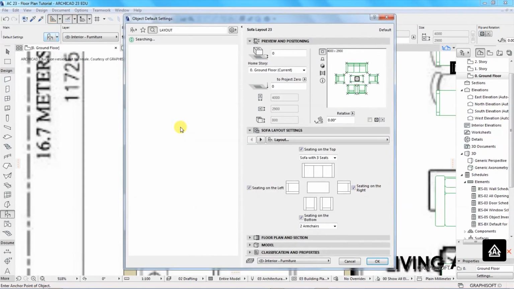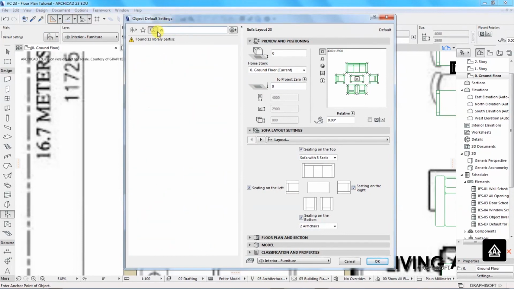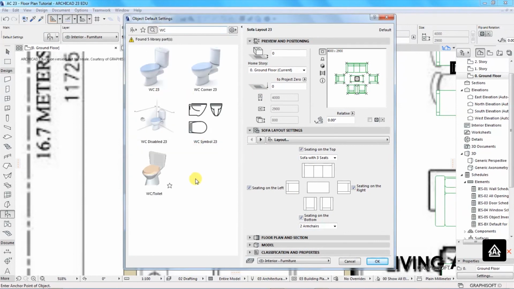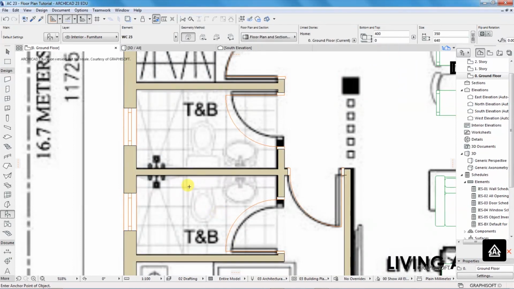So I'll go back to objects, then I will search for a WC, and I want to choose this toilet. Everything, this should be 0. This, yeah, as that. Click on OK, place it there,